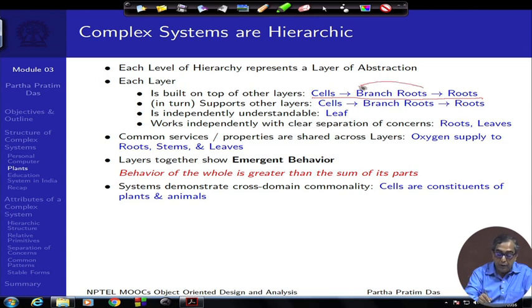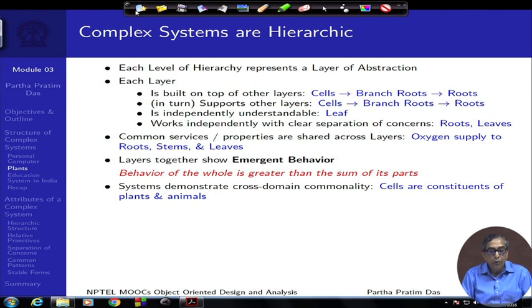So, if you look at branch roots, it has to use cells, it is built on top of that. If you look at branch roots, they help to build up roots, and each one of these subsystems can be independently understood, like a leaf, and they work independently with a clear separation of concern. The way the roots function, they do not need to know how photosynthesis happens in the leaf,